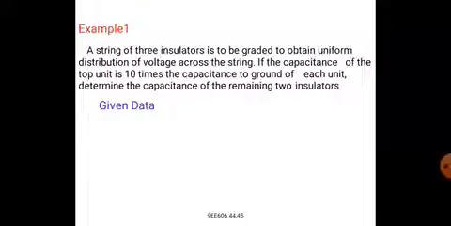So in this second method, grading of the insulators, the problem is based on the grading of these insulators. A string of 3 insulators is to be graded to obtain uniform distribution of voltage across the string. If the capacitance of the top unit is 10 times the capacitance to the ground of each unit, determine the capacitance of the remaining two insulators. So in this, the shunt capacitance